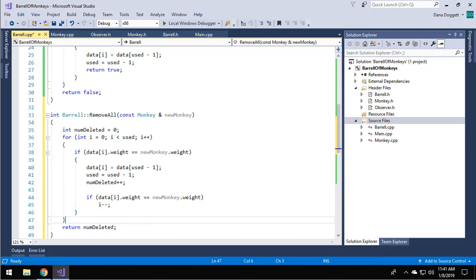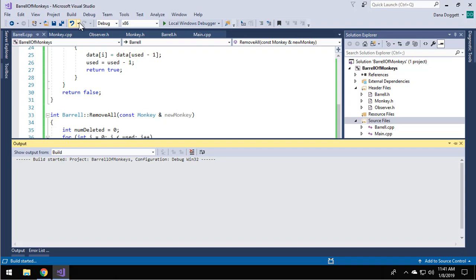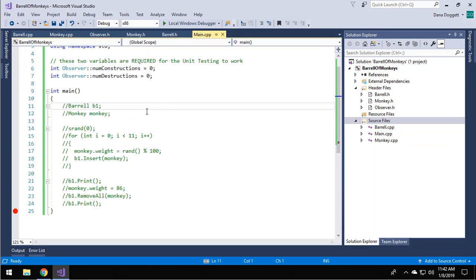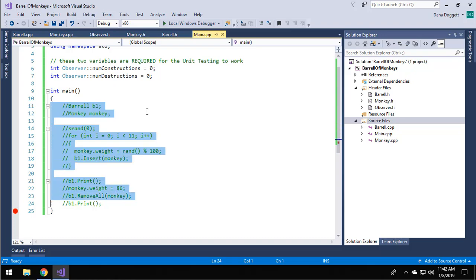So at this point here, we should have created everything as a static array. So I'm just going to say build solution. Everything should be working right at this point. So let's go back to main and start putting some stuff in. I should be able to create a barrel. Here's where I'm going to put 11 monkeys into the barrel. I'm going to print the barrel. I'm going to remove all of the monkeys with a weight of 86, and then I'm going to